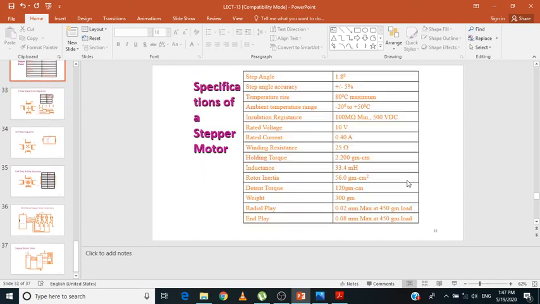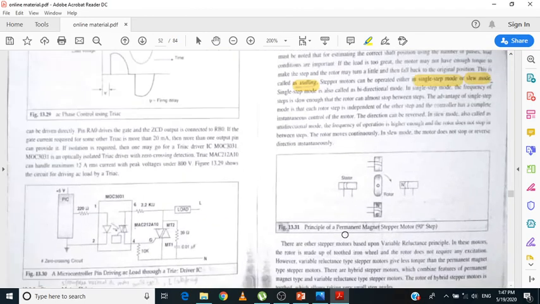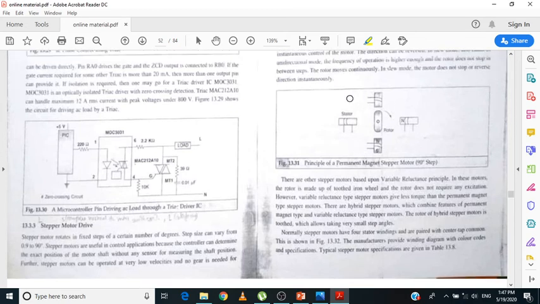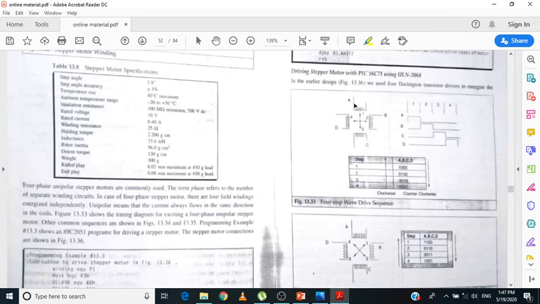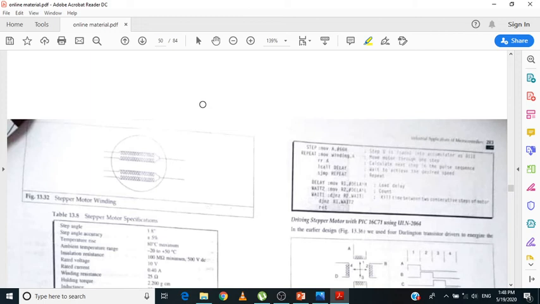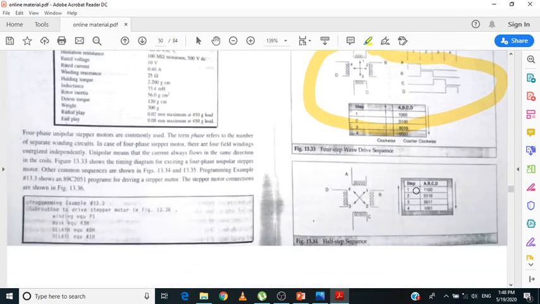Now, if you go through your textbook, you may have doubts about which diagrams you are supposed to draw in the exam. You are supposed to draw this basic diagram in the exam. The next part you are supposed to draw is this part, and only one diagram is enough. And if you want to repeat the same thing, repetition is very simple.